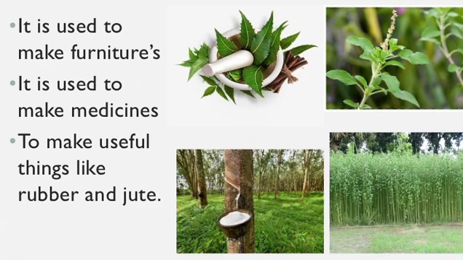The milky juice from the stem of the rubber tree is used to make rubber. It can be an eraser which you use, pencil and eraser, and it can be a rubber band. It can even be the note rubber bands. There are different kinds of rubber things, right? It can be a pressure cooker ring that is made up of rubber, right? Yes, there are many things which are made up of rubber. Where is the rubber from? It is from the rubber tree.